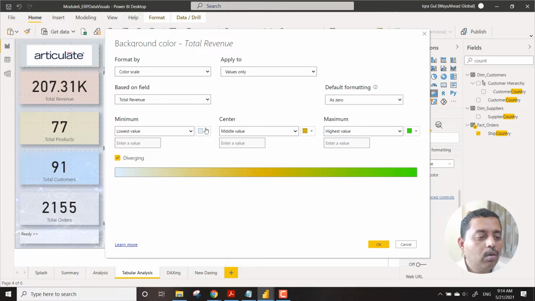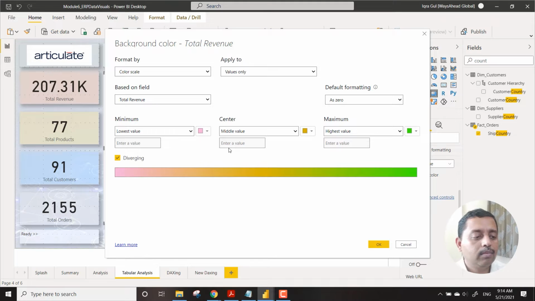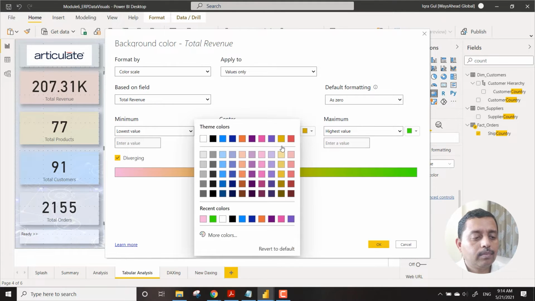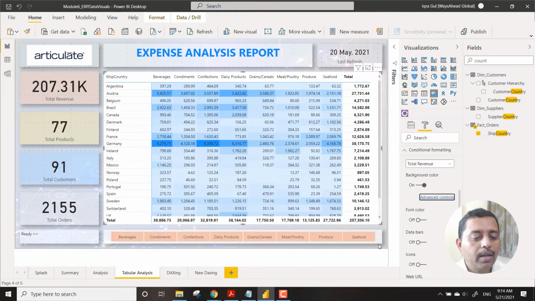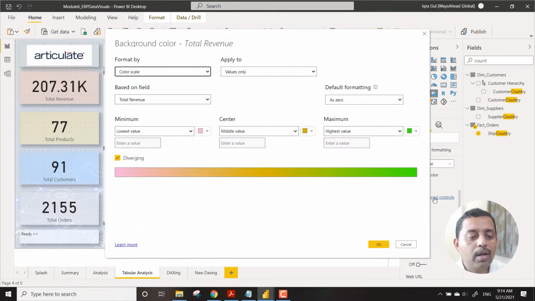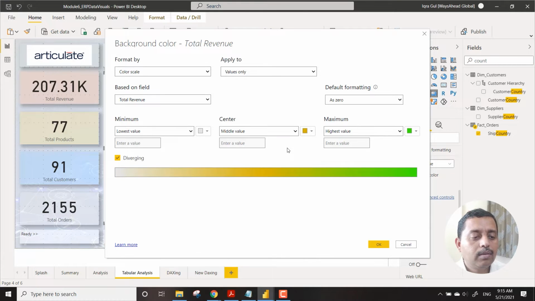This part is yellow, and this part maybe I will bring in some other light color. By default I can say okay, and you can see most of the sections have the lowest color, so you can make it a bit lighter.